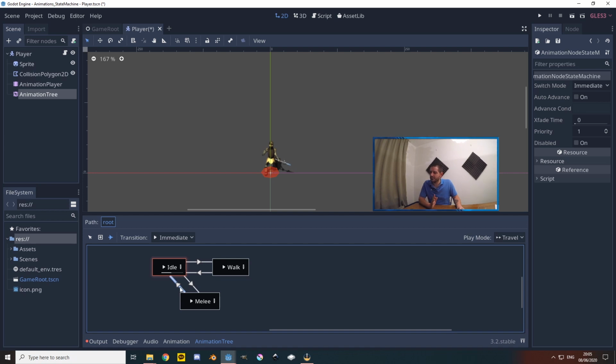So with this transition selected, we're going to go over to the switch mode and we're going to set this to at end. That way it will only transition when it's at the end of the animation, and it will recognize the end of the animation even if it's looped. Now we don't only want that, because we can also tell the animation tree node to automatically advance at the end. So what happens now is that whenever we're walking or idling, whenever we attack, the melee attack will play and it